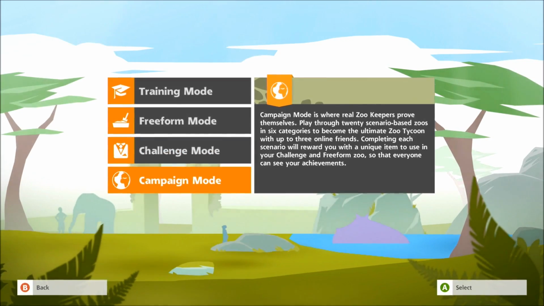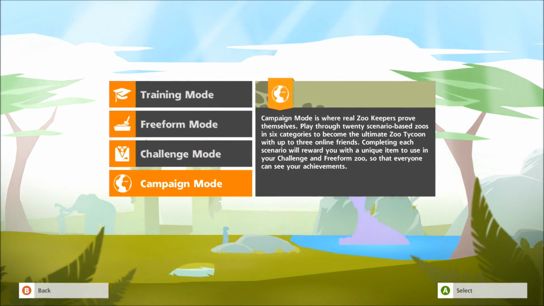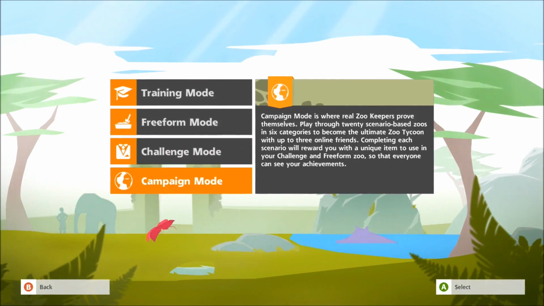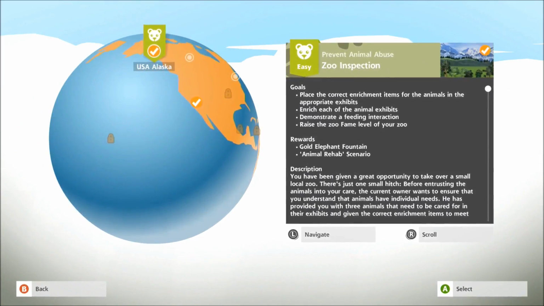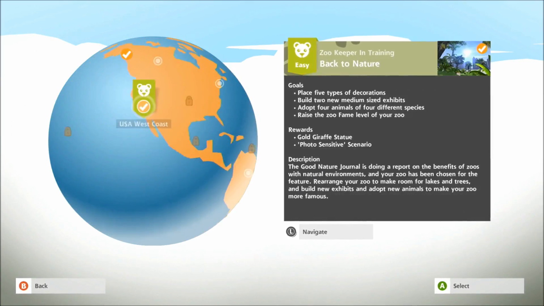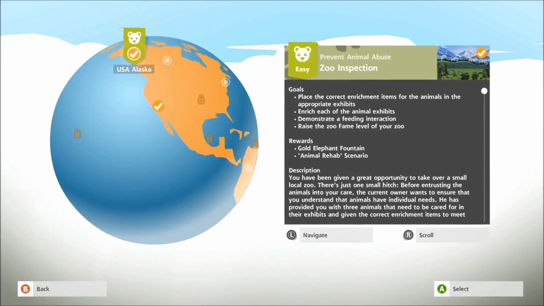So I think we're going to mess with campaign mode first a little bit, and then we'll work on our own zoo. Maybe we'll do some campaign, start a zoo, go back and forth, or something like that. So let's start with campaign mode and see how that goes. I've done a couple of these, 3 of them to be exact, but there's like 20. So let's start from the beginning so we can see what it's all about. The first one is the UK,